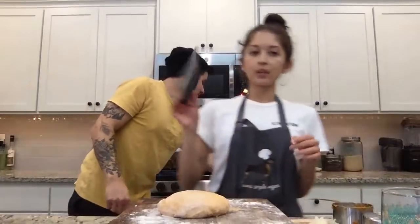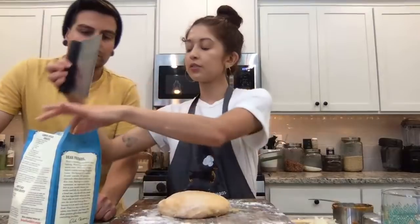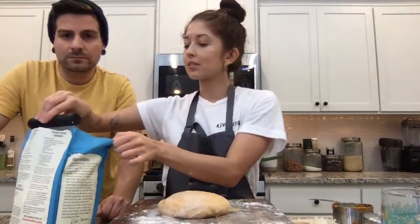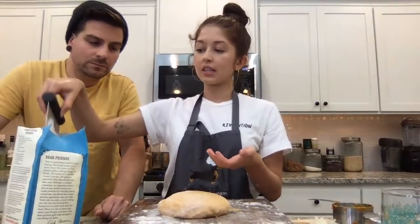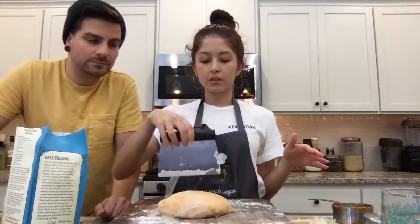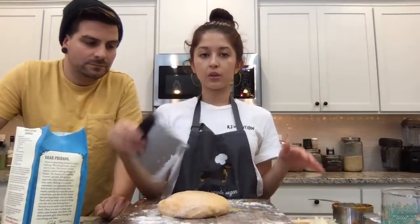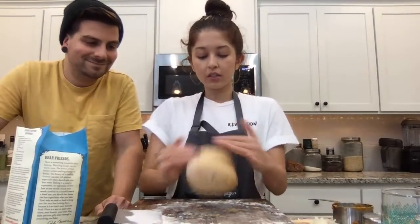Okay, so now I'm actually going to be using a bench scraper. I like to use this, but you can also use a knife. I'm going to just dip it in my bag of flour, get it coated so that it doesn't stick to my dough. And you can cut this into strips, or you can cut this into kind of like a pie shape with, I'm blanking, triangles. I'm actually going to cut it into,